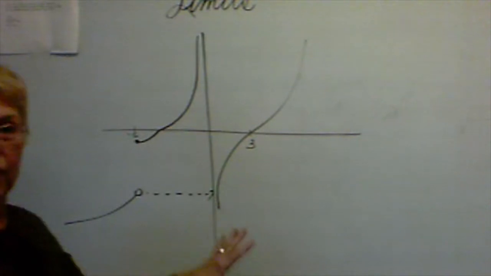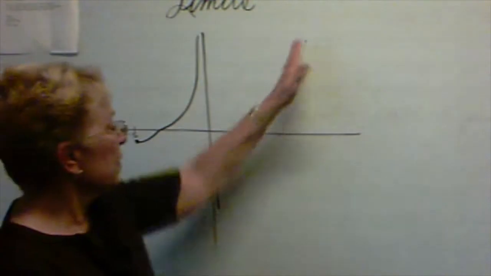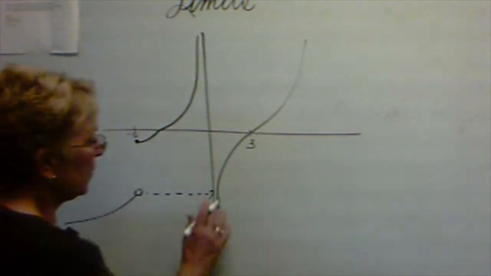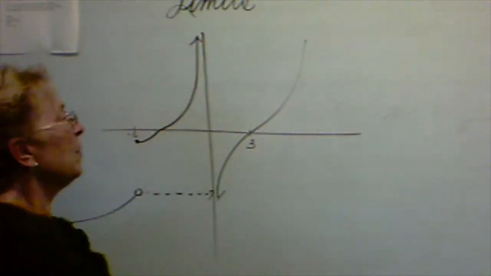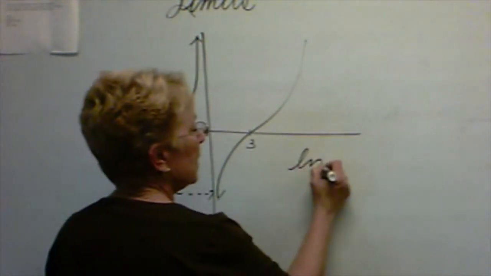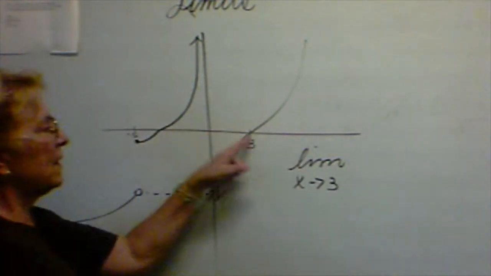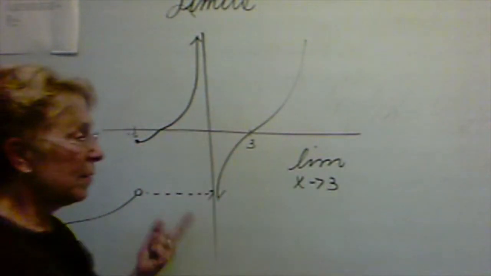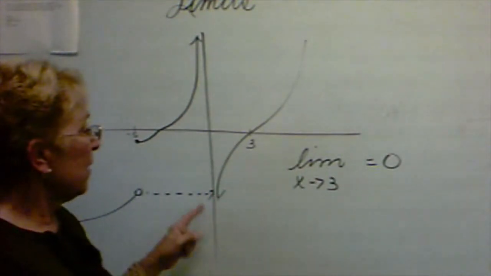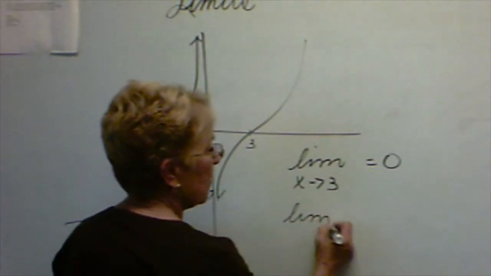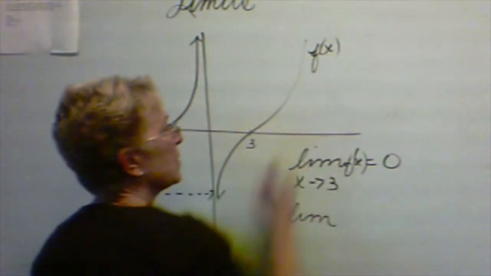Here's a graph. Really doesn't make a whole lot of sense as far as labeling it with a function. It's doing some curves and some asymptotic behavior. So I could put a little arrow here indicating it's going to keep on going in both directions. But if we were asked to find, say, the limit as x approaches 3, we could see that there aren't any danger zones. We could just say, whoop, looks like a 0. And safely it is. If we were asked to find the limit of this function, and I probably should write f of x,